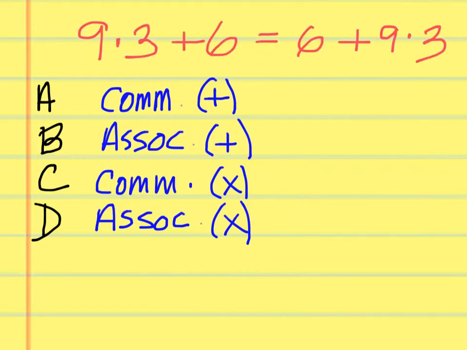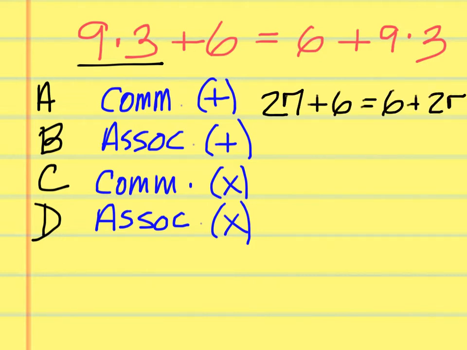Remember, sometimes you have to simplify a little bit to see what's going on. 9 times 3 is 27, and then you have plus 6, but on the right side you have 6 plus 27. If you can add items in any order, just two of them, then that would be the commutative property